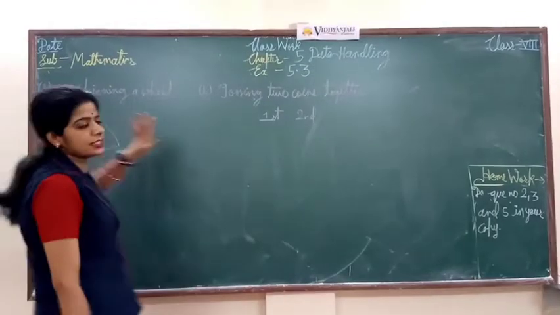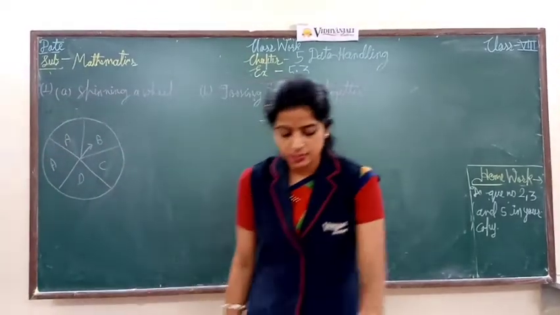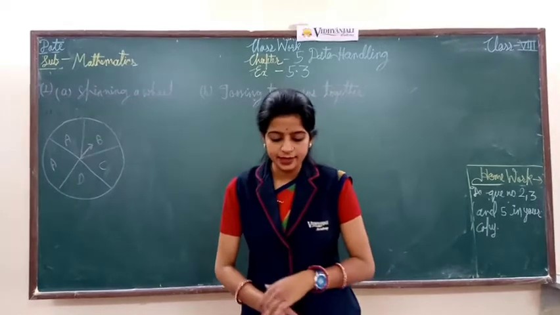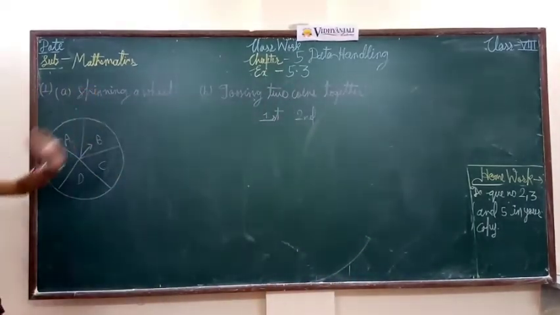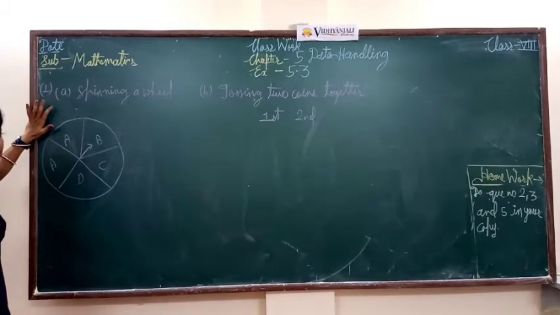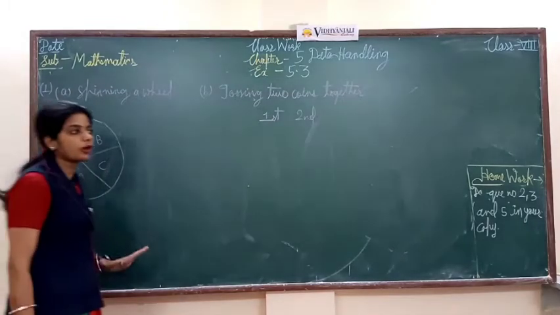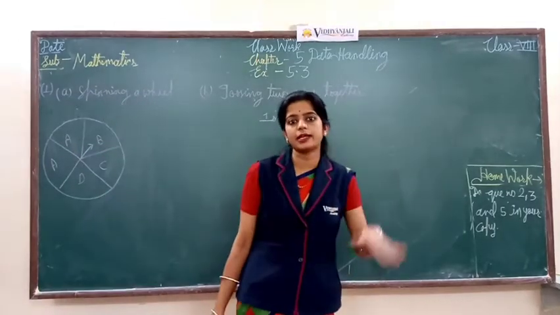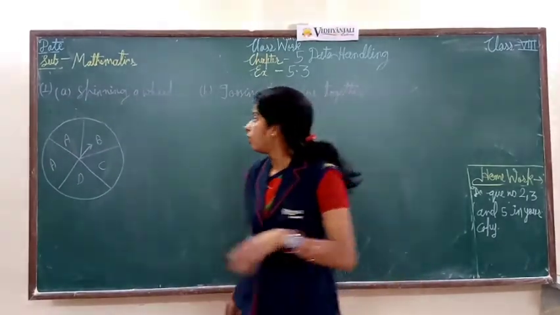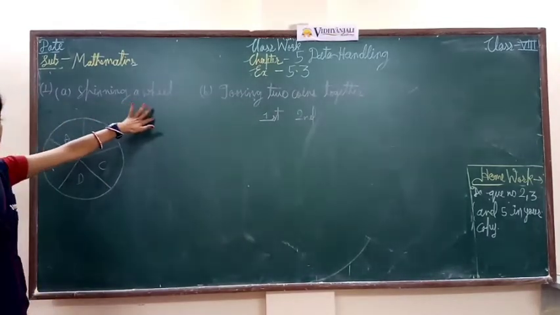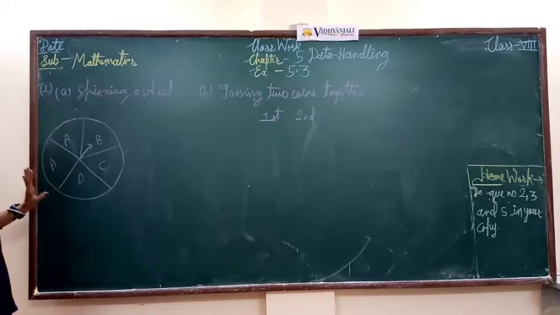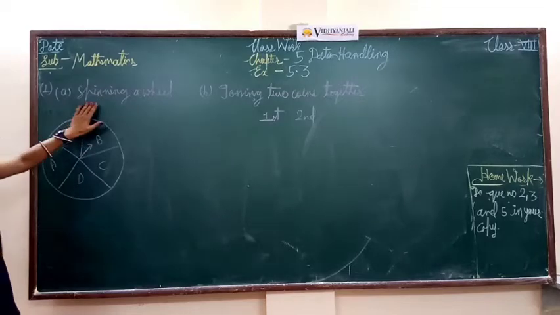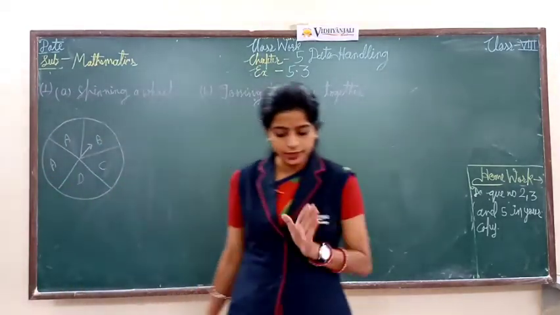First of Exercise 5.3. So question number first is: list the outcomes you can see in this experiment. Here two experiments are given and you have to find out the outcomes. You have to list all the outcomes that we have. Okay, so first is spinning a wheel. So this is a wheel and the alphabets are written on this wheel: A two times, B, C, D. So you have to list all the outcomes